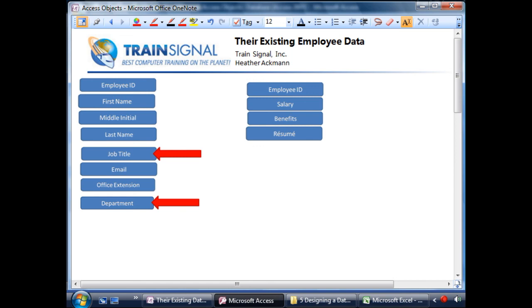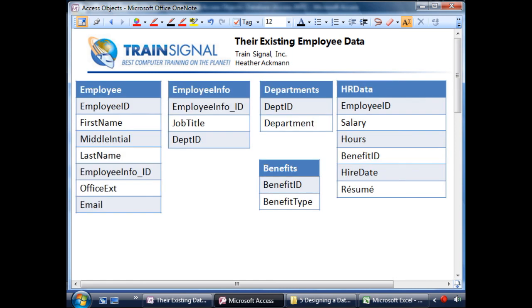So if I want to, again, go back and follow those rules of normalization to eliminate data redundancy, I should probably at least take out job title and that department field and move those over to a separate table. So really, how I could structure all of my employee data looks a lot like this, where I'll have an employee table off to the left-hand side, keeping track of the employee ID, first name, middle initial, last name,